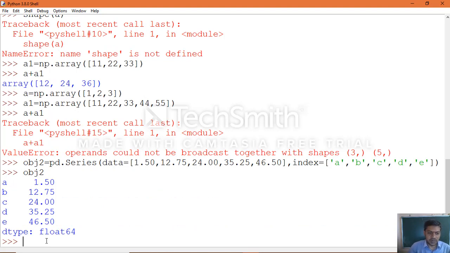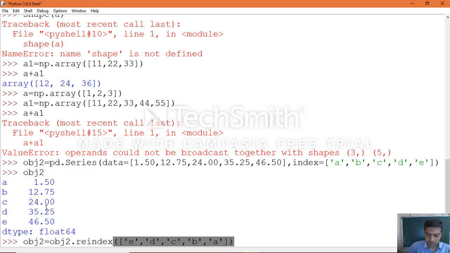Then, if you want to perform re-indexing on the same object data, there are some cases where you may want to display it in a different order. That order you can specify: obj2 equal to obj2.reindex of e, d, c, b, a.